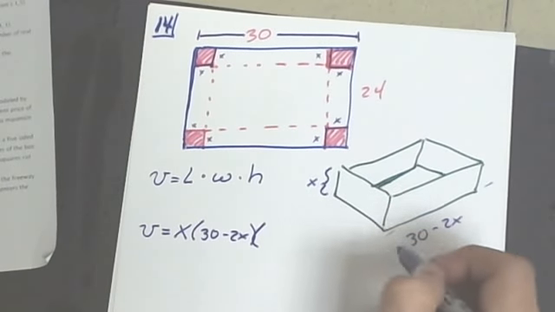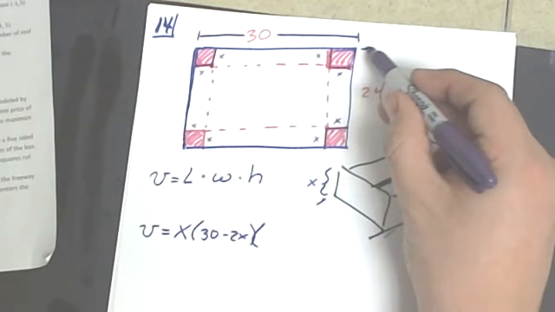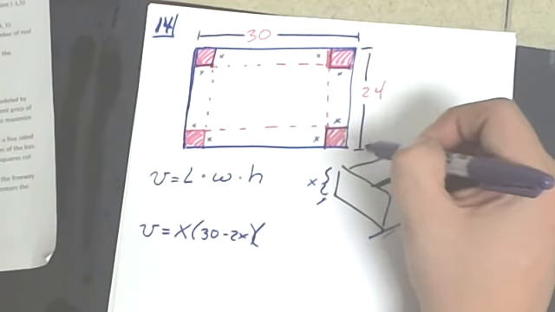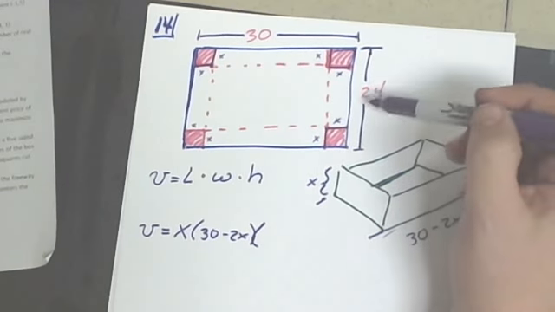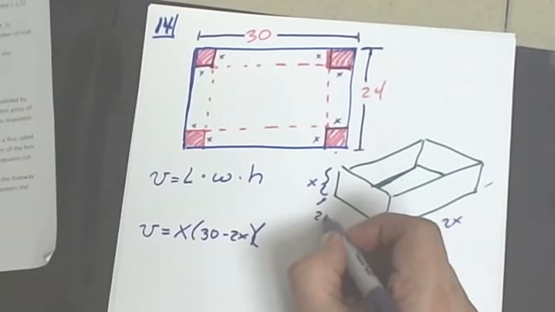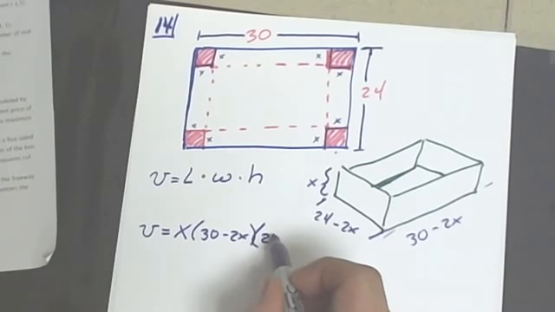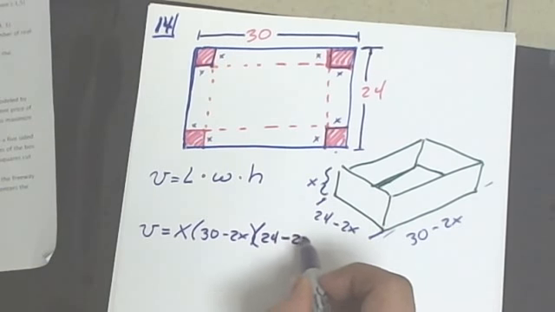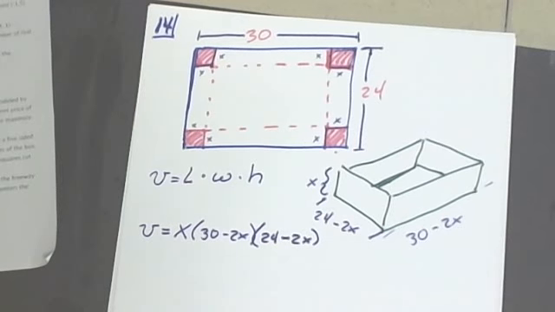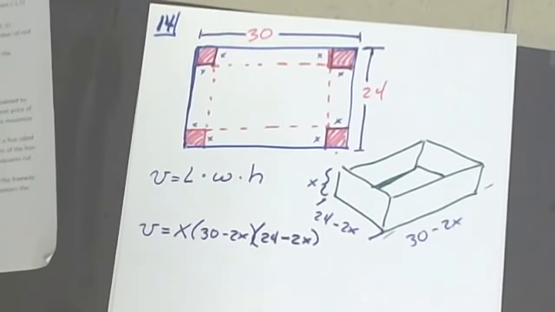Now this width here, the same way, that width was 24 from end to end, but we've taken out 2 of the chunks. So we've got 24 minus 2 x's. So that's an equation. You plug in x and you will have a nice model for how much volume there